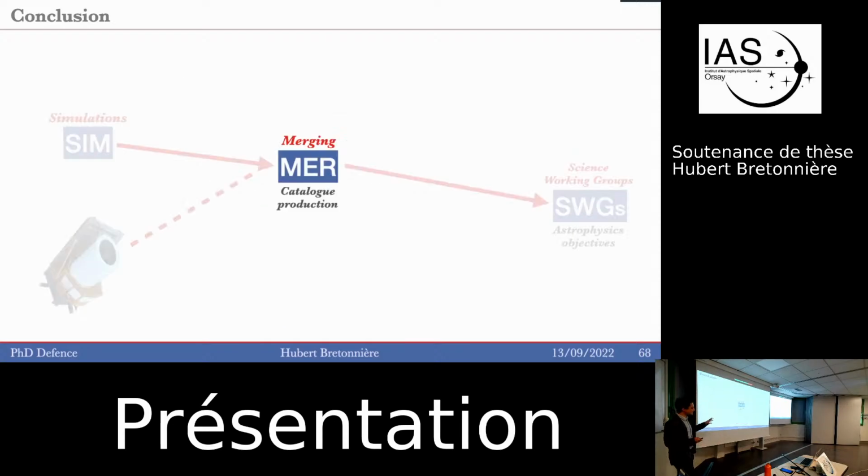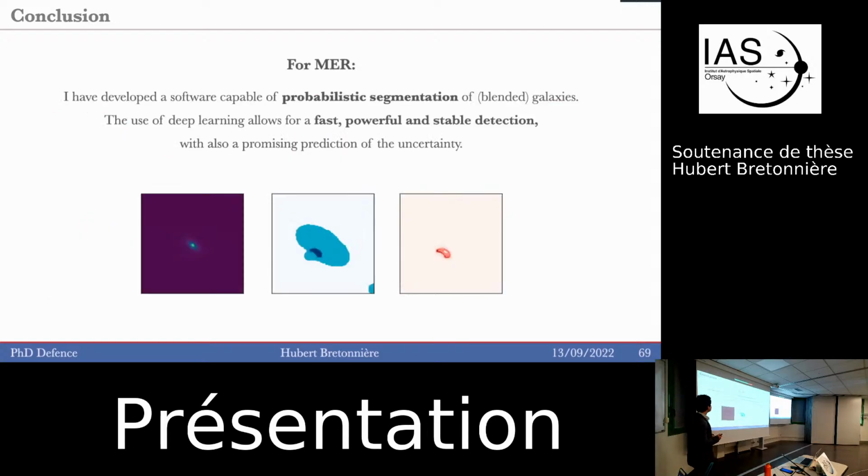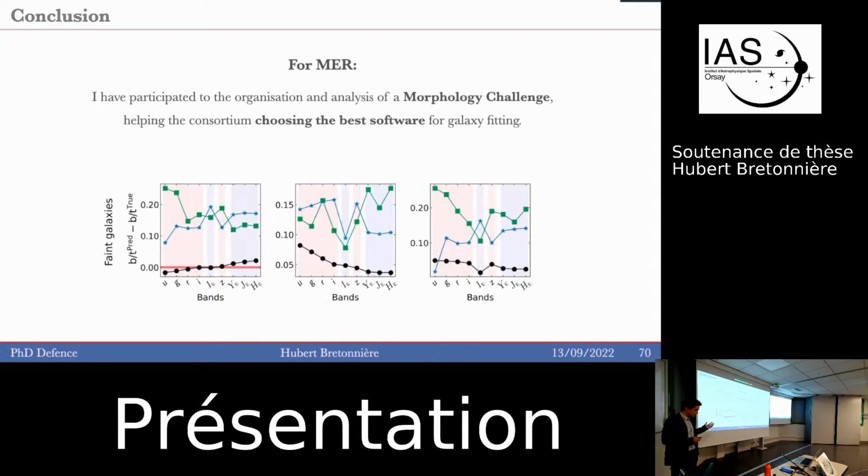For the MER pipeline, for the MER group to create the catalog production, we've proposed this software of probabilistic segmentation that could, here again, help a lot the production of the catalogs to give a first hint of where the galaxies are and where we have to run deblending algorithms. And we've also created and analyzed this complex morphology challenge to take the decision of the best software to produce